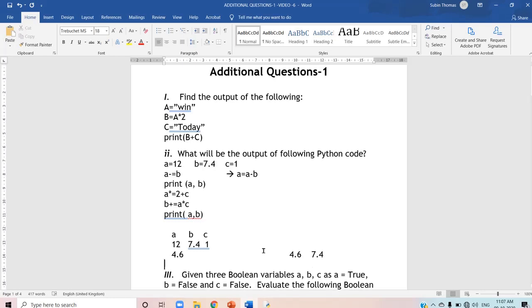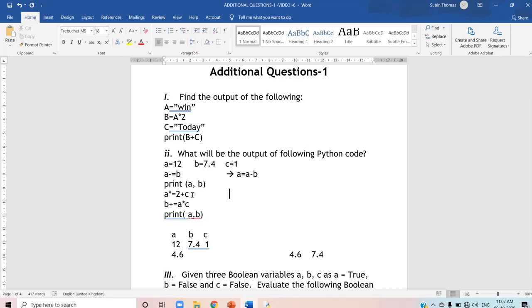And we can do the second calculation. This is A times equal to 2 plus C. Here augmentation is there and an arithmetic operation, addition, is also there. I told you augmentation has the least precedence. The augmented operator has lower precedence than the other operators. So 2 plus C will be done first. C is 1 now. 2 plus C, you will get the answer 3.